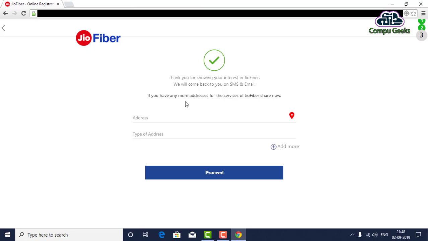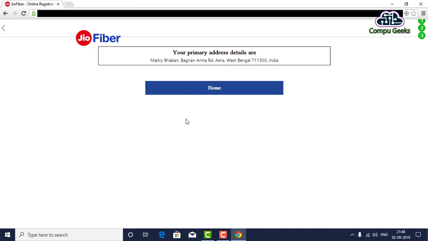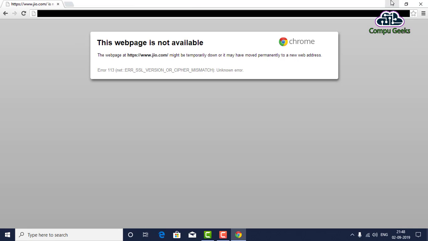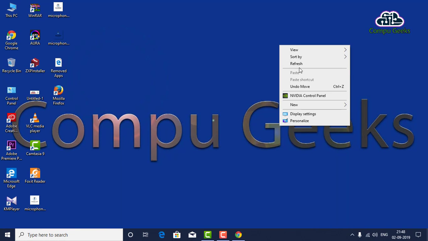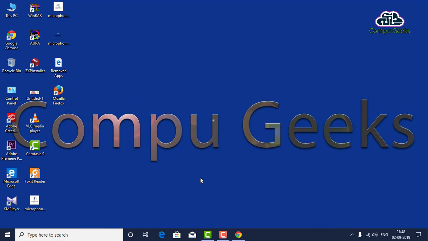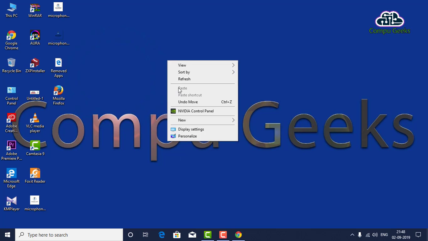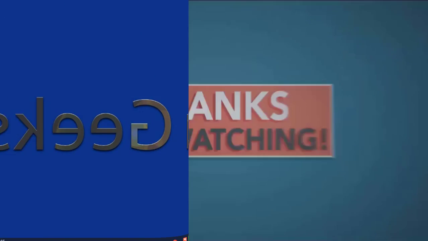So as you can see here, thanks for showing your interest in GeoFiber. We will come back to you on SMS and email. If you want to add any more address for service, GeoFiber share now. Proceed. Your primary address details are